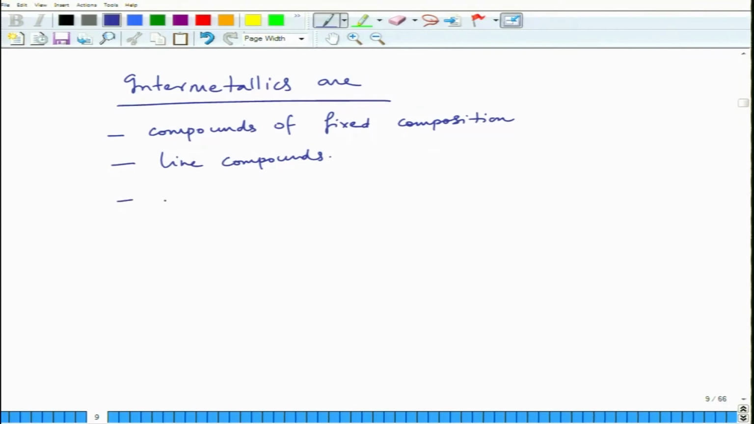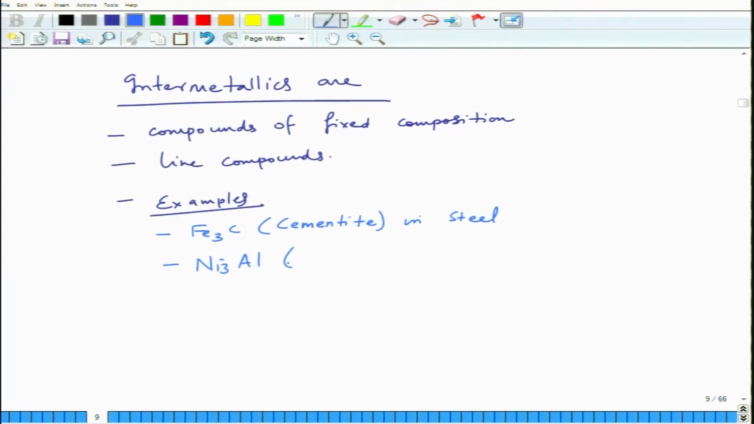The examples are, first one is Fe3C or cementite in steel. A lot of times you have Ni3Al, the nickel aluminum system. Another thing is that these line compounds are very strong. They have much higher hardness and strength